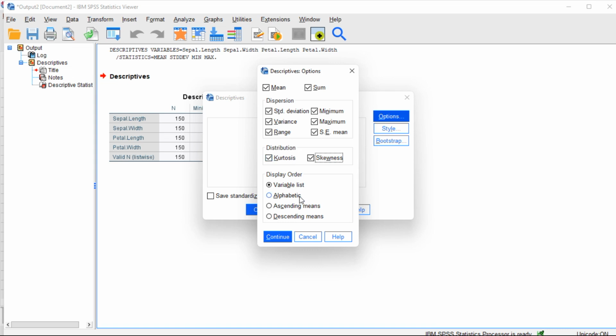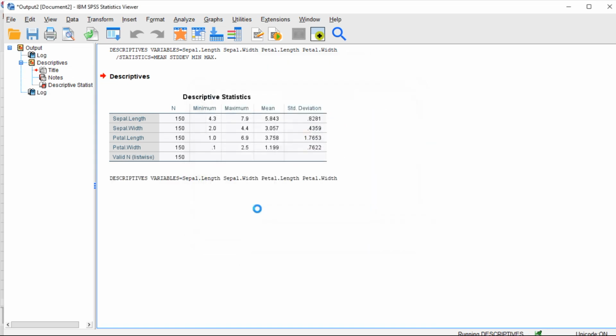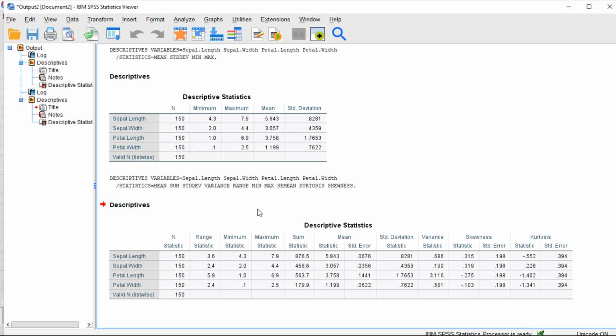So after you are done, you click on Continue. Once you click on OK, you see a lot has been added to the descriptive statistics. This will help us to provide a snapshot of the characteristics of the data set, and this will make it easy to understand and interpret it, right? They are giving us a lot about our data set. Once we go through them one by one, we really understand it well,